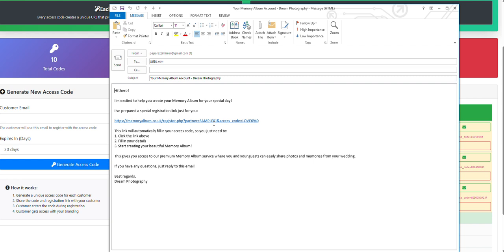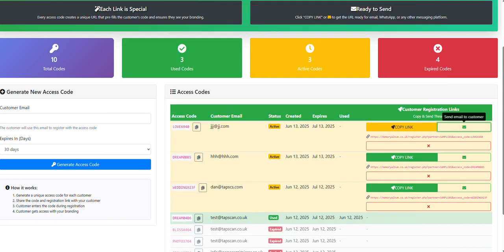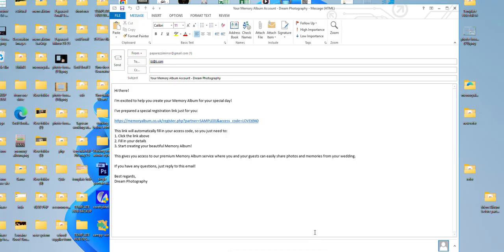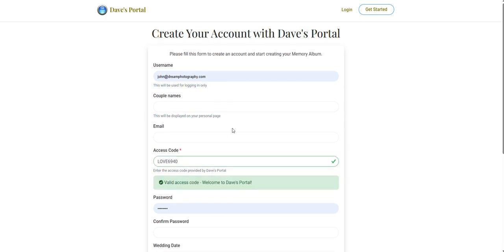This link here, when they click it, now there is a chance, I'm already logged into this somewhere else, so I'm just going to close a couple of things. Where's that email gone? There it is. There is still a chance it's going to open one. Oh no, it's done it. Okay, so this has shown me